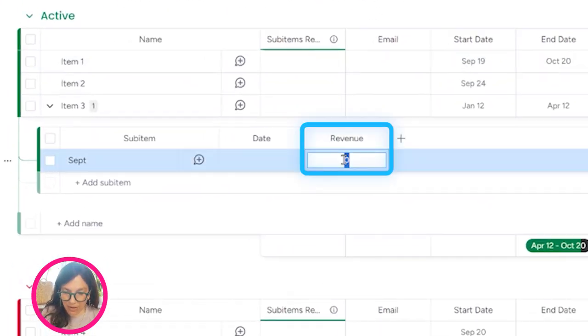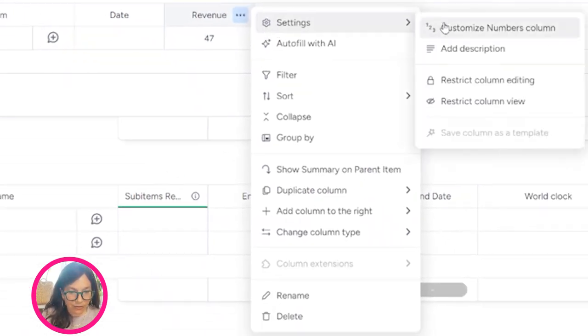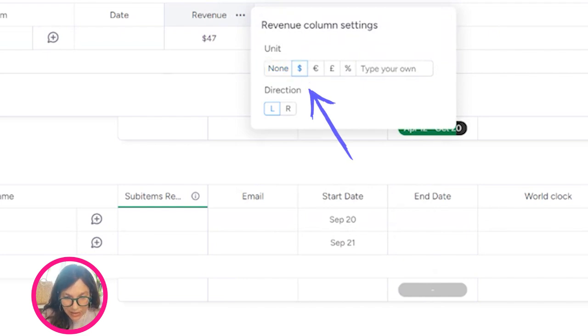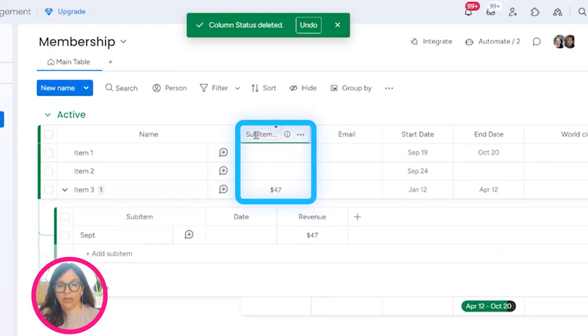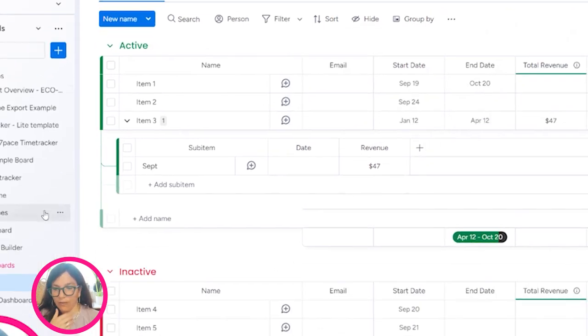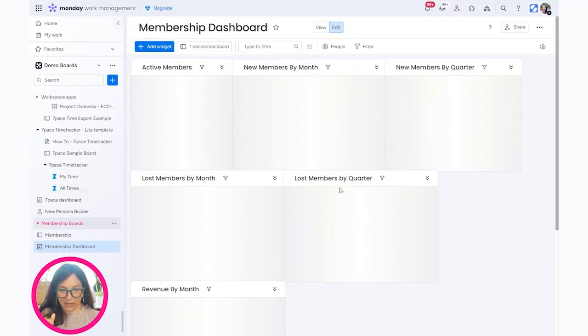Just for example, if this month someone did set $47, here you're going to see that we have a total of $47, and I do just want to make this dollars. So this is going to be total revenue. That's going to go here. So what I want to do now, going back to my dashboard,